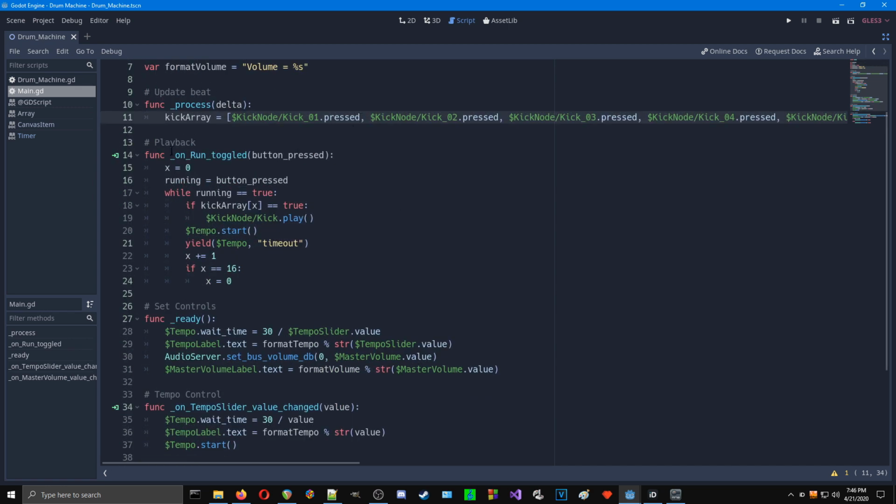But anyway, this is our playback function here. And it just starts running when we hit the run button and it turns to on. That's a default type of button in Godot. So here we make sure that when it is turned on, it sets x to 0. So I can show you really quick,